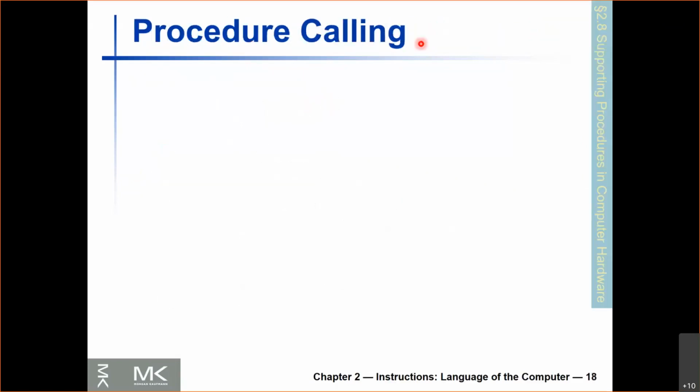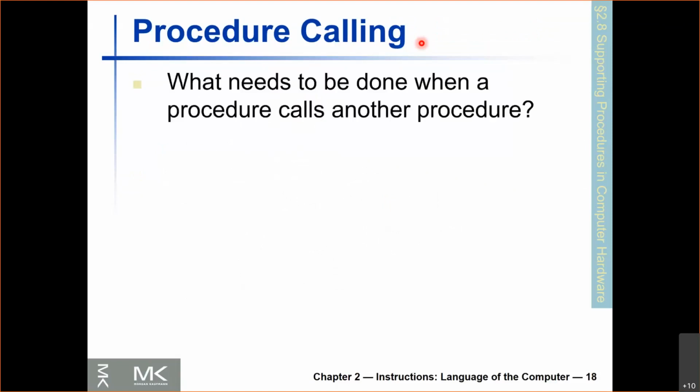Okay, so the next form of transferring control besides if statements and loops is procedure calling. What do I mean by procedure calling? So a procedure is just the assembly version of a function. So if I have a function at a high level, when I compile a function down to assembly, that becomes a procedure. And the question is, what do we need to do when a procedure calls another procedure? Okay, so for example,